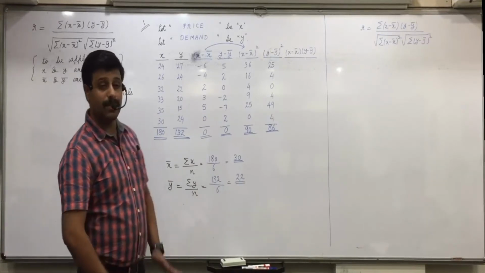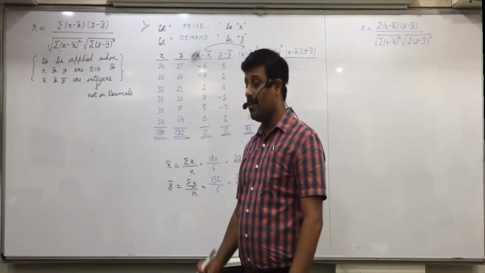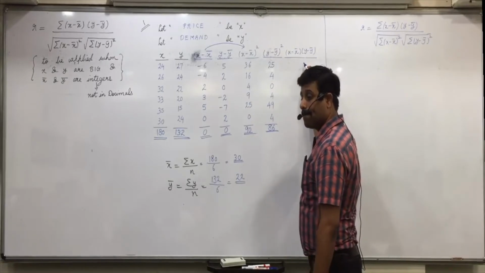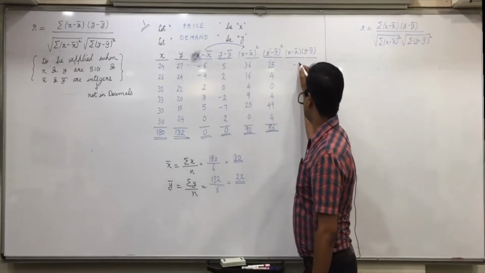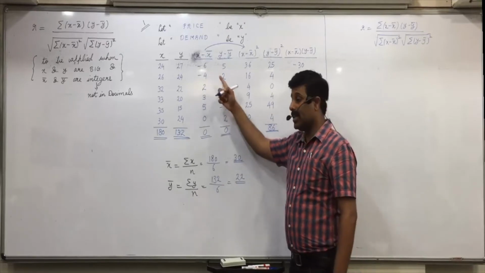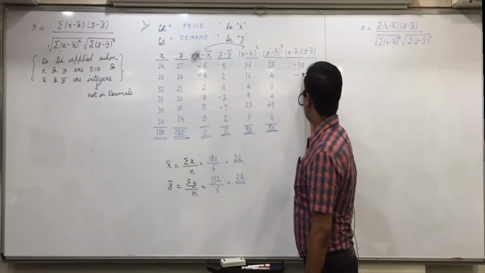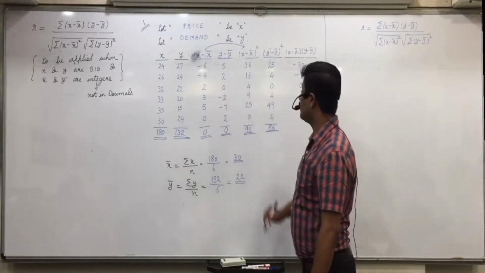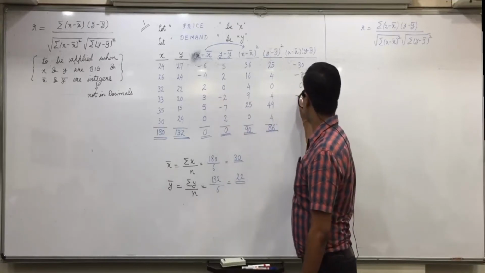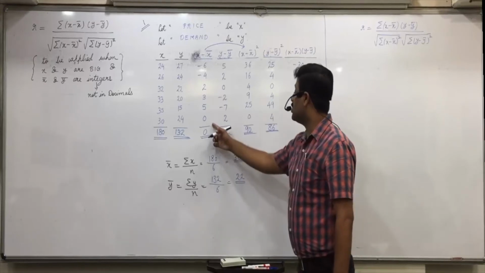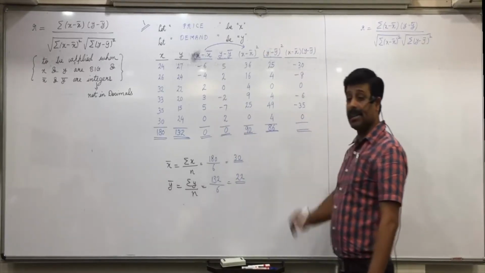Then x minus x bar into y minus y bar. So Dimple, minus 6 into 5 will be minus 30. One is positive, one is negative, so the product will be negative. Be careful with the sign. Yes, further. Minus 4 into 2, minus 8. 2 into 0, 0. 3 into minus 2, minus 6. 5 into minus 7, minus 35. 0 into 2, 0. Did everyone understand this?